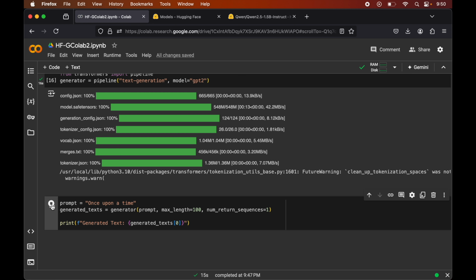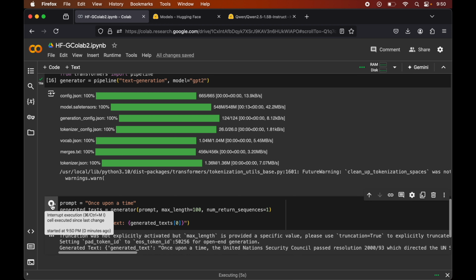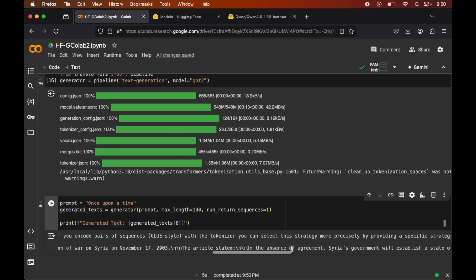Let's run this. We have got our output. It is saying generated text, which we have printed here. Then we have this dictionary, where generated text is the key and this is the value. So "once upon a time", and after that it has given us some text. It has generated the text for us.